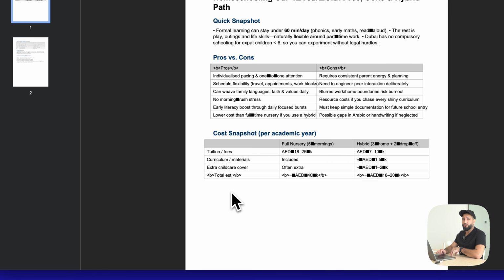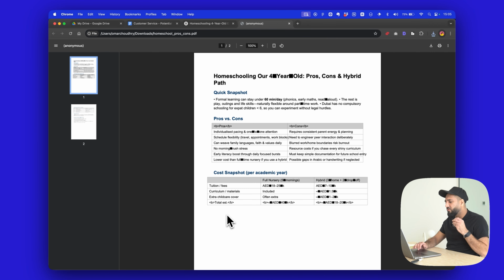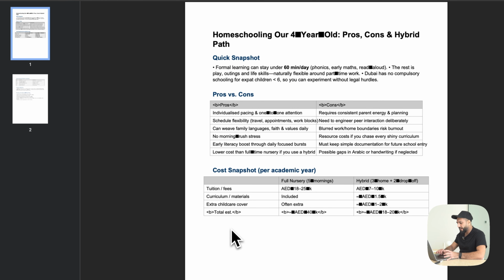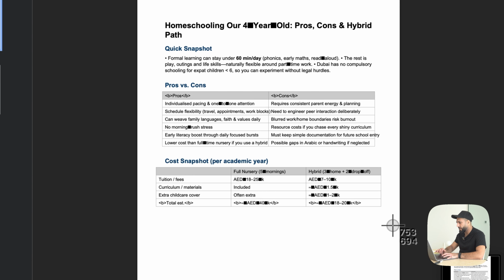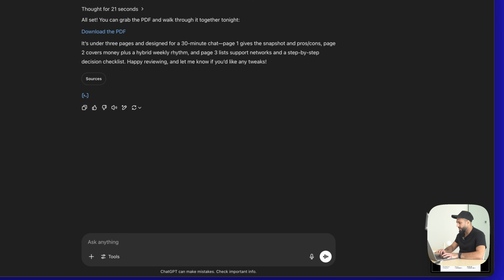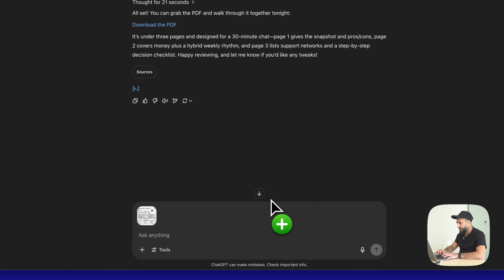So here's another thing you can do with ChatGPT. You can go ahead and screenshot something and then tell it to improve something for you. So I'm going to go ahead now. I'm going to press Command, Shift, and 4, which allows me to then screenshot a part of this page like that. I can then go into ChatGPT and I can drop this file in here as an image. And I can say to it,